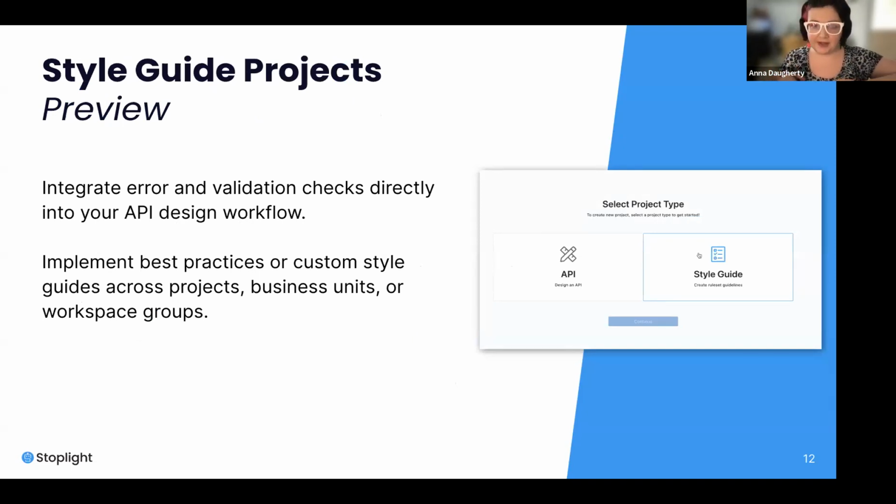If you've ever used Stoplight, you know you create an API design project already. Now it's just as simple as creating a style guide project, just as simple, right? You've got the form editor for the API design. Similarly, you have a form editor for the style guide rule set. It allows you to create best practices or enable our best practices that we've already come up with to help you get started quickly without having to write your own rules. You absolutely can if you need to or want to, but we're trying to get you started right off the bat as quickly as we can, and then letting you customize as you need to.